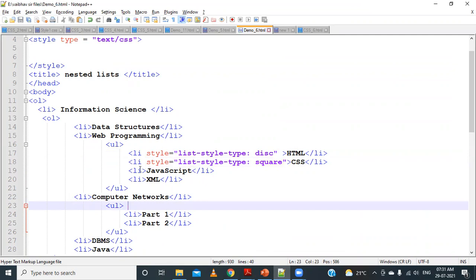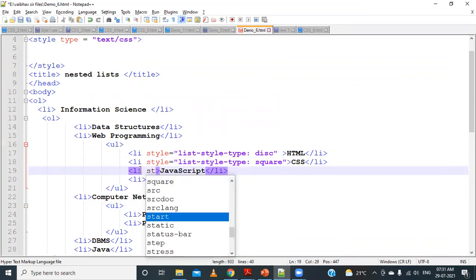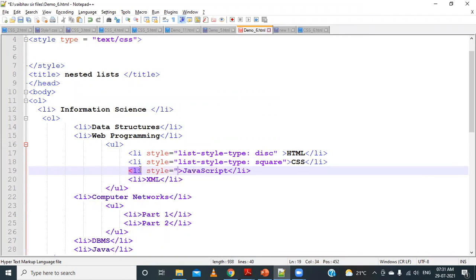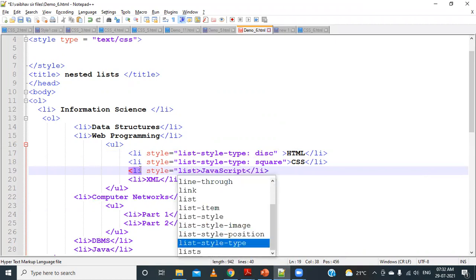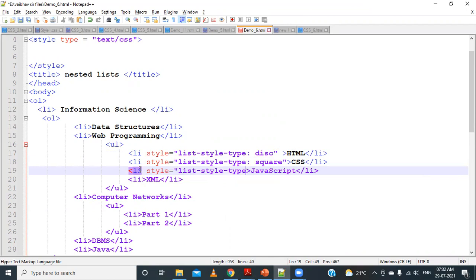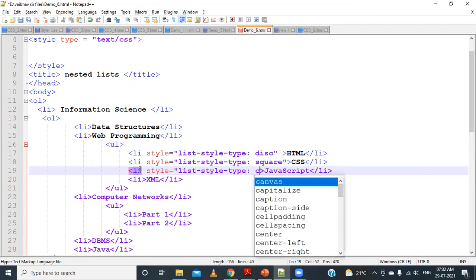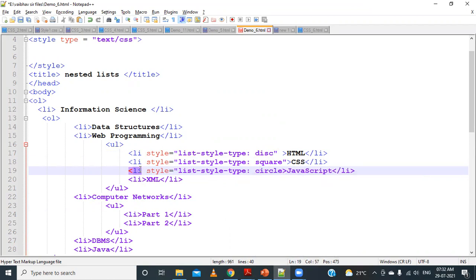And for the third one, I can use style equal to list-style-type. We can set it as disk, or we can make it as square, or we can make it as circle, and then close it.